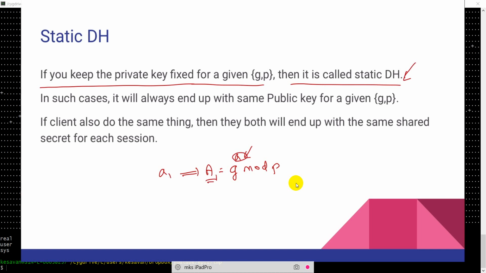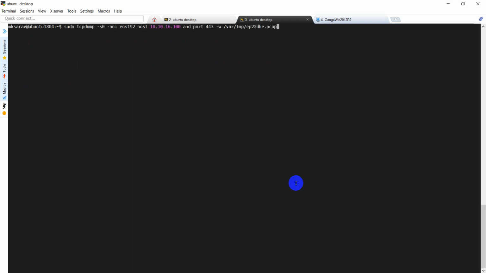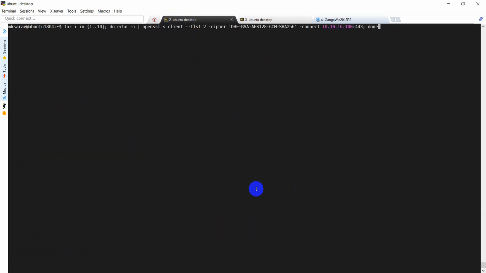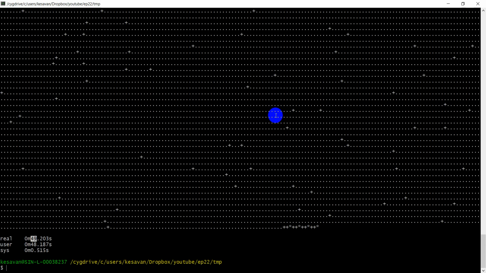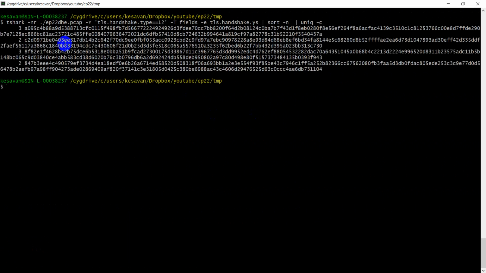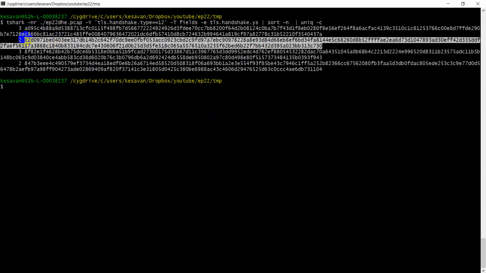So let's see in our packet capture what happens. In our packet capture, where we ran the TLS, oh sorry, I am in the wrong window. Now what I am going to do is print the public key value of Bob. Bob's public key is nothing but YS. S represents server. So in our case, you notice that there are 4 different keys. The first key was reused 3 times. The second key was reused 2 times.